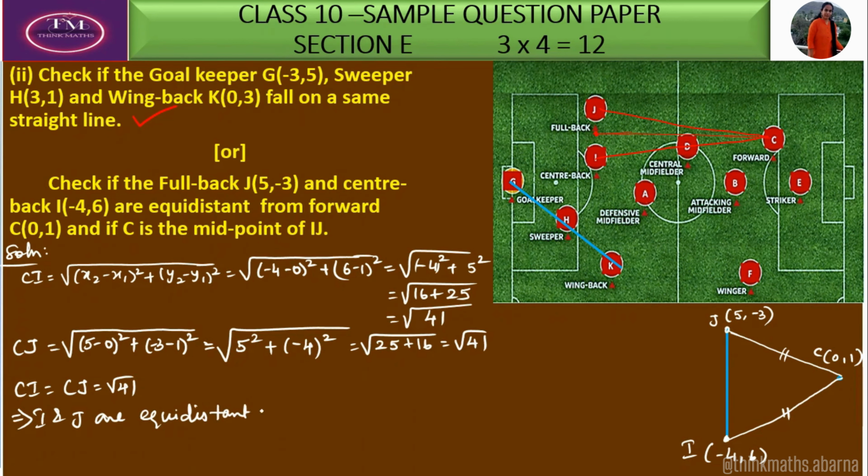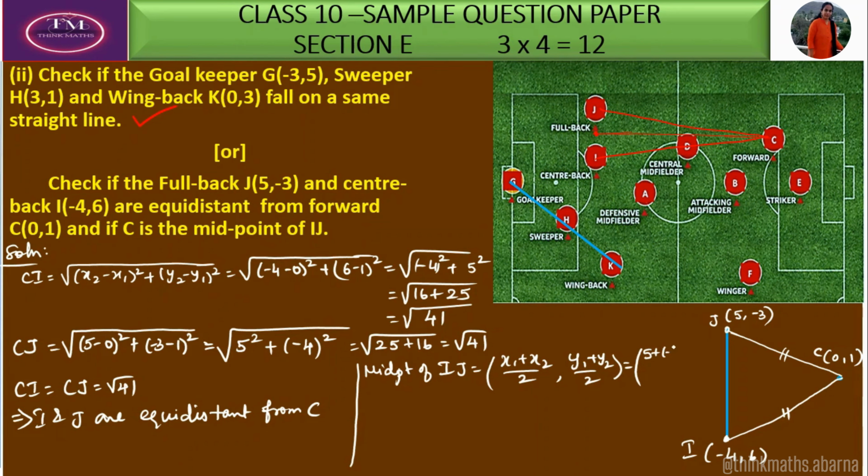Equidistant from C. What is the next part? We have to prove C is the midpoint of IJ. So let us check the midpoint of IJ. Midpoint means you have to add the x coordinates and divide by 2, add the y coordinates and divide by 2. So what are the x coordinates here? 5 plus minus 4 divided by 2, and the y coordinates are minus 3 plus 6